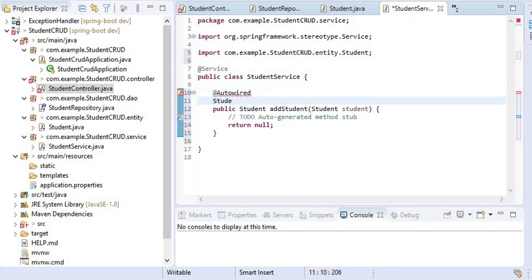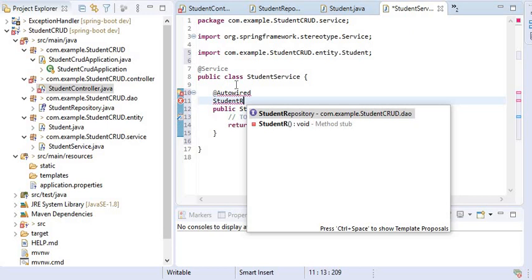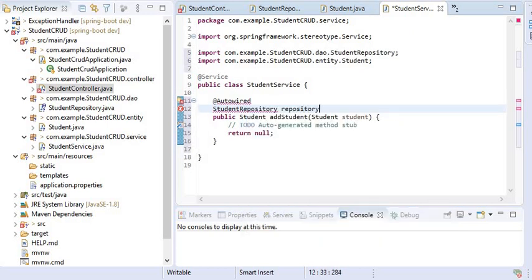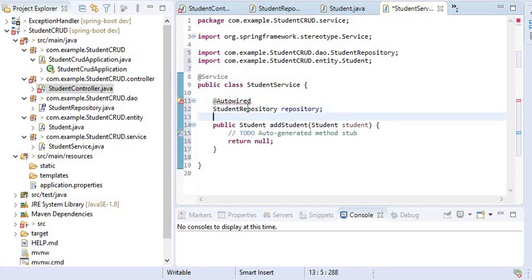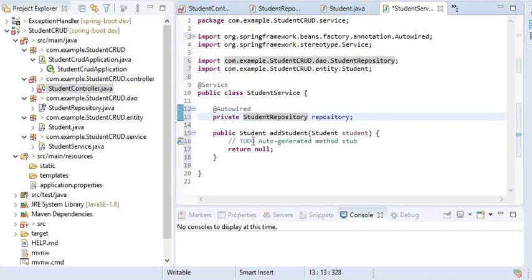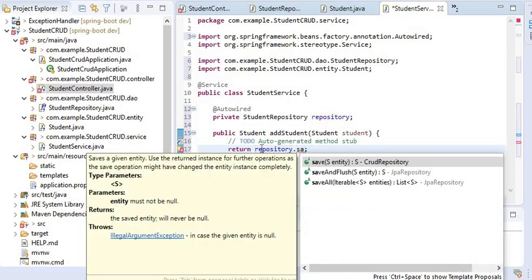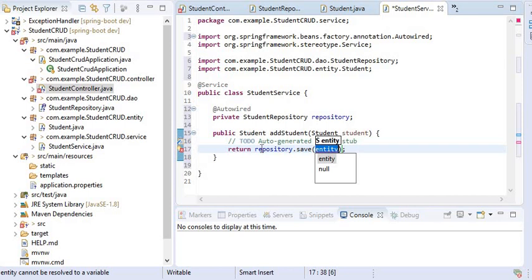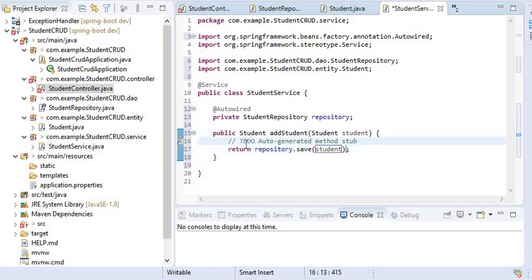So here I will define the annotation, that is @Autowired, and will create the bean for StudentRepository. Then the repository.save function we will call directly, and will pass the student object, that is our entity model, and it will return the same object that we will save into DB.